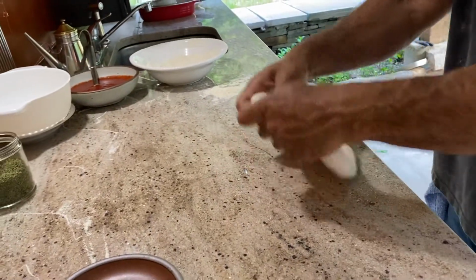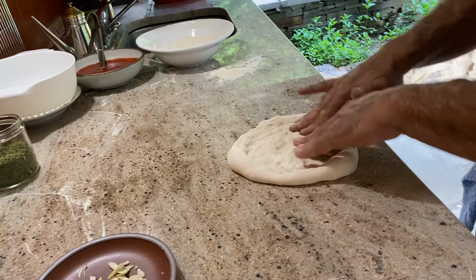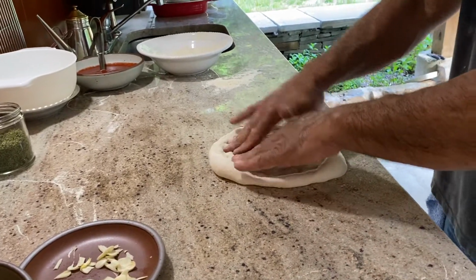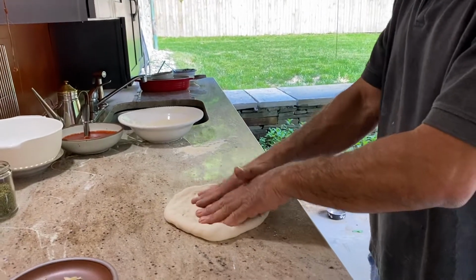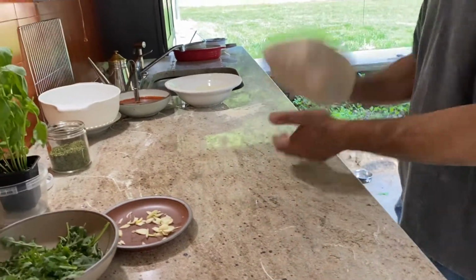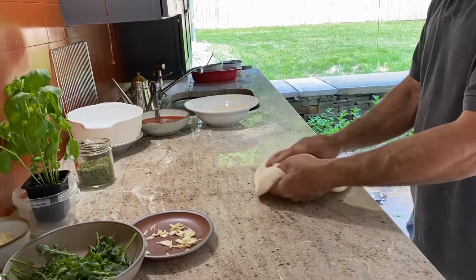Today I'm making my best pizza ever. It's a marinara pizza, and I'm working this dough on the opposite side of the oven under the deck. It is too shiny today, so I'm afraid the quality of the video won't be good if we're outside all the time. Now I'm preparing the dough,